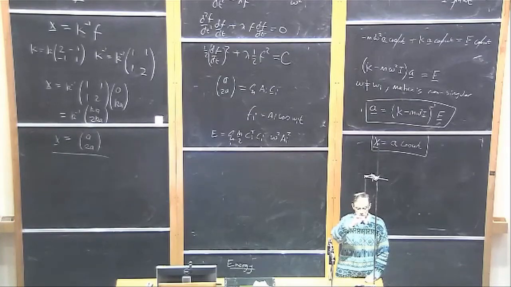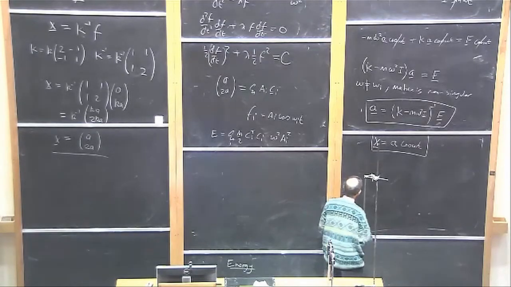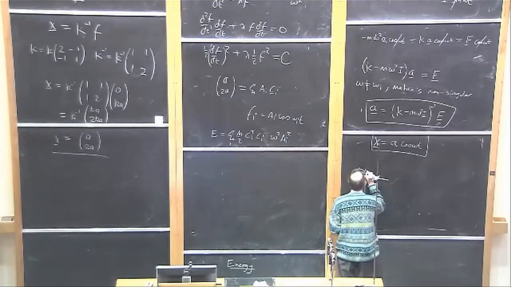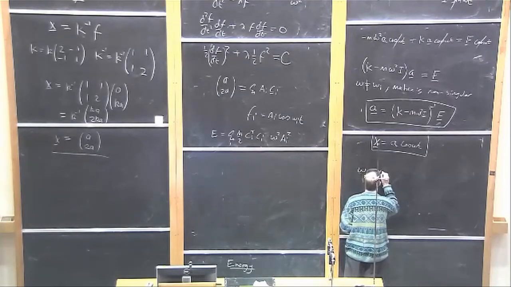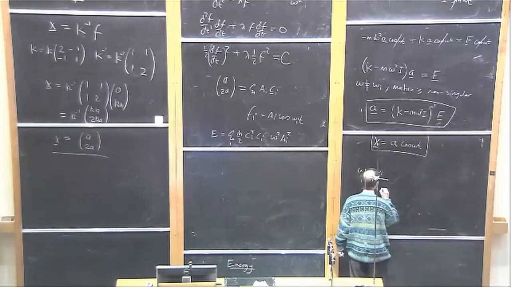If I drive it by oscillating the support point, the amplitude grows and grows and grows. So if omega equals omega_i, then a good guess would be